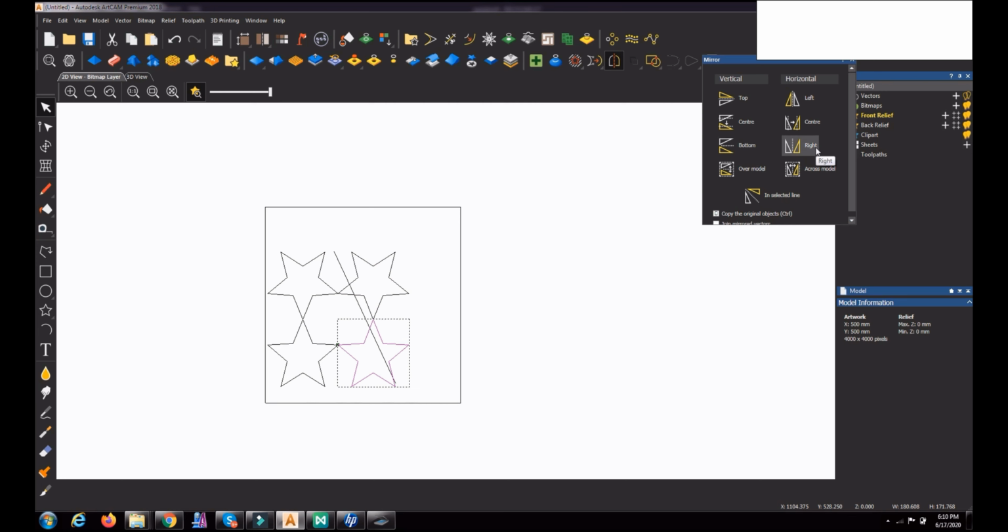Okay, undo all this. Now we have to see the center. What is this center? This is the horizontal center. If I click this, there is a center line for this star, and it will be mirrored to that center line. So what will happen while mirroring? This portion will go to that side and the top portion will go down. So I am just clicking horizontal center.